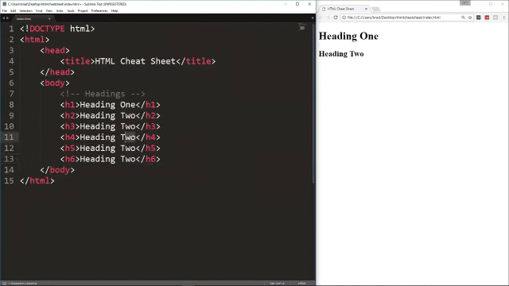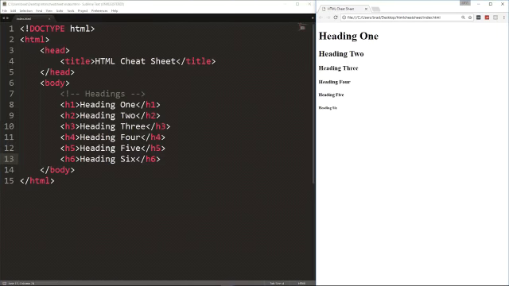And then I'm just going to change these as well. Now I want you guys to have this to look back on if you need it. 2, 3, 4, 5, and 6. Alright, so let's go ahead and save and reload the browser, and you'll see the different sizes